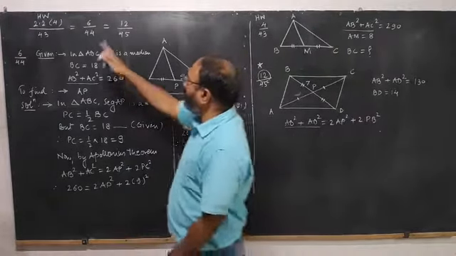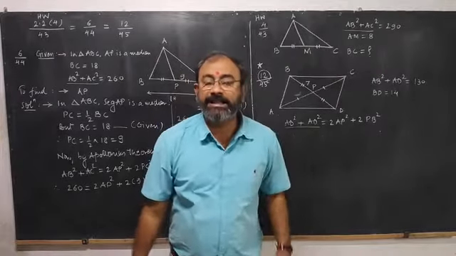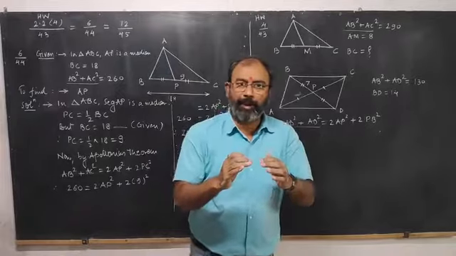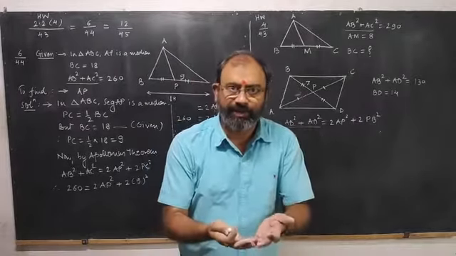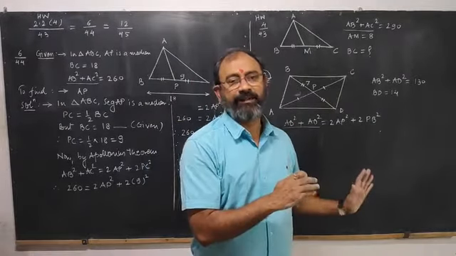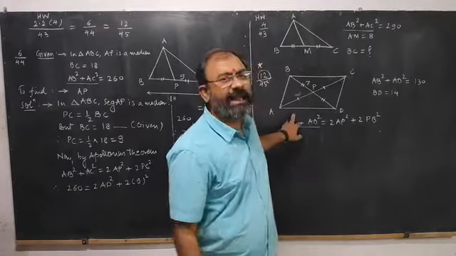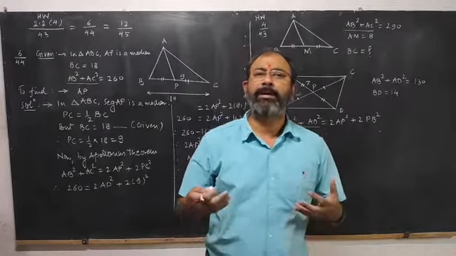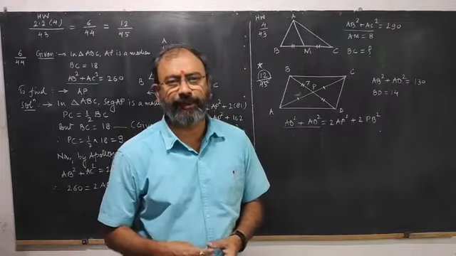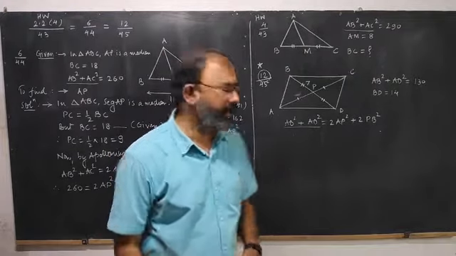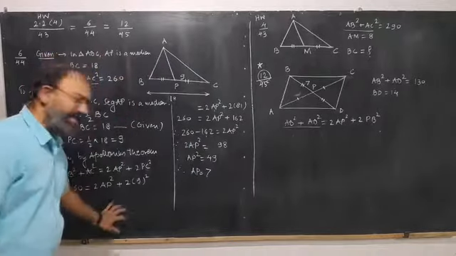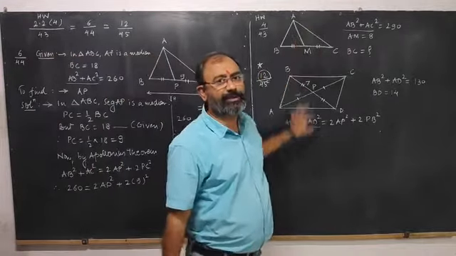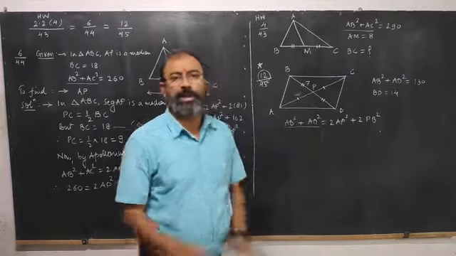So the 3 problems have the same information: the sum of the squares, AB square plus AC square, is given on the left hand side. This one has a slight extension, that we have to use the information about the parallelogram, that the diagonals of a parallelogram bisect each other. So I have solved this example fully for you. Using the knowledge of this, you can solve these examples very easily.